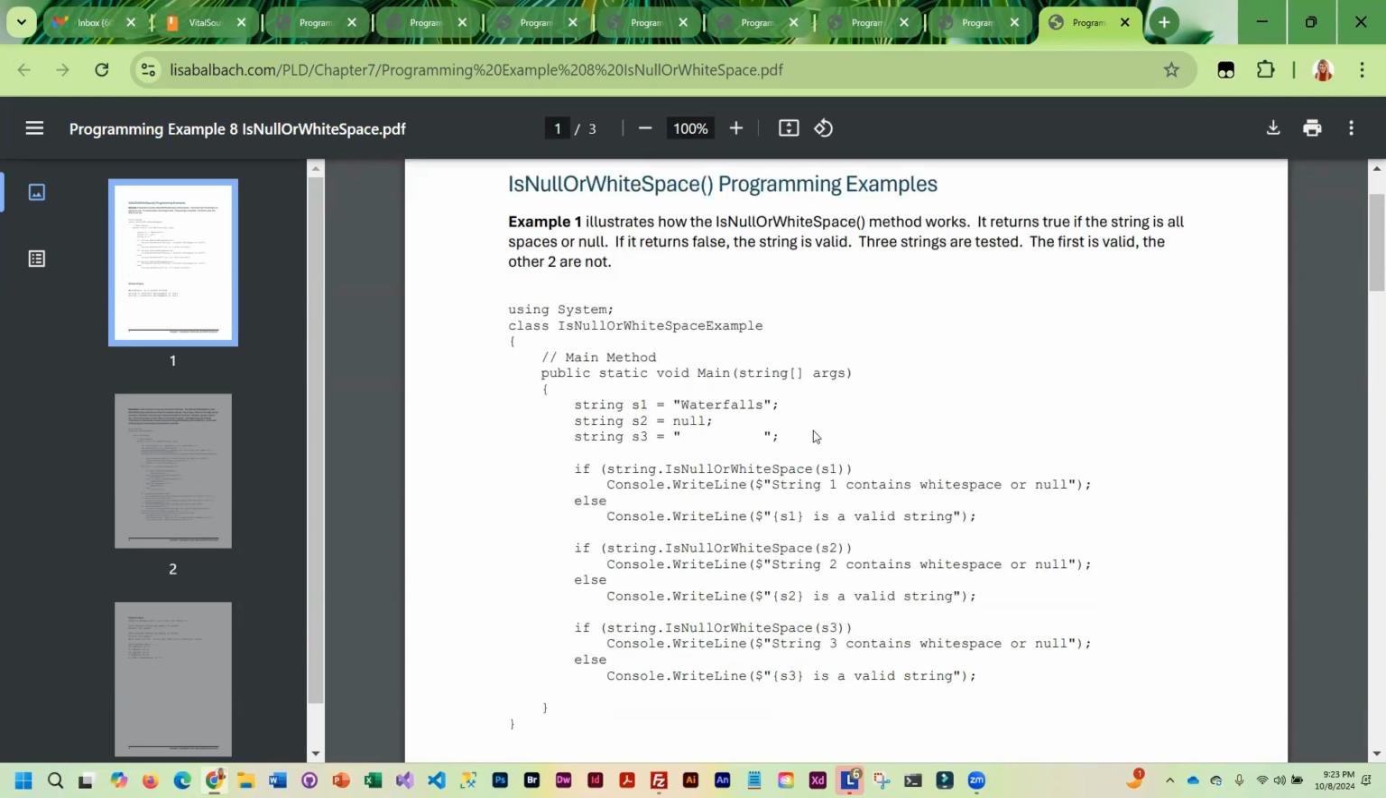So this first one, we've got 3 strings, and you can see we've got content in the first one. Second one we set to null, and the third one we set to a bunch of blanks. And then we're checking: if string dot is null or white space S1, if this is true, then